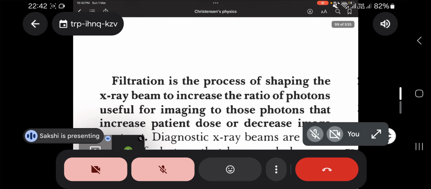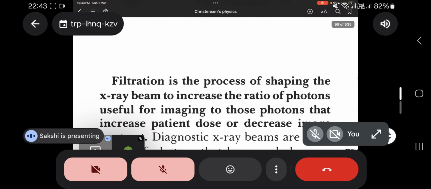So filters, what do you know? What is a filter? Even most TikTokers and short makers use filters in the camera, no? So what exactly are they doing? They're adding something, or maybe removing something which is not so much required. Suppose some people feel that they are not very white, so they will add some filters and make themselves white. The same way, filters in radiology are doing it also.